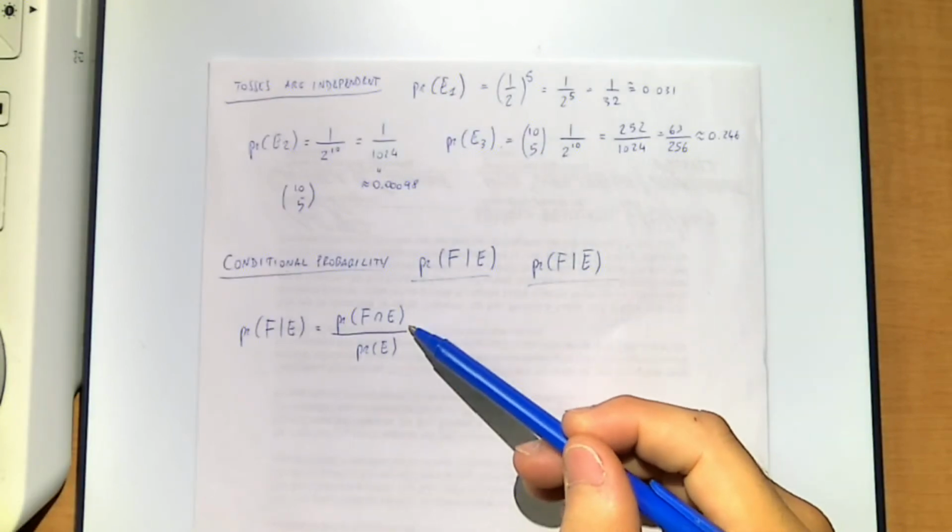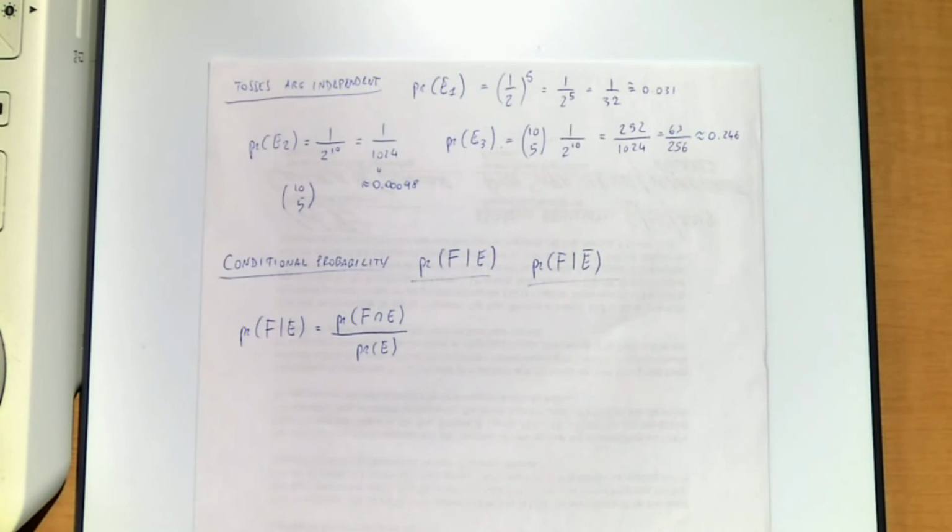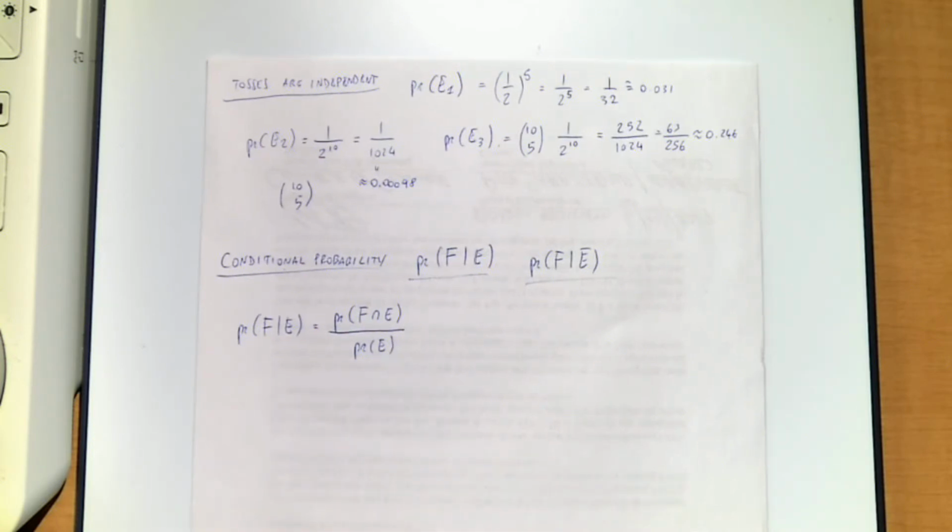with relation to the probability of E happening in the total space. Okay, so you know that when you take a ratio, a quotient is always a proportion, right? So it's like if 5 students out of 15 are female, then you say, oh, the ratio is 1/3, the proportion of female out of the total. So that's the same thing: how many outcomes of F happen in the E space divided by how many outcomes happen in the total space. And that's how we get this formula here. And okay, so that makes sense.